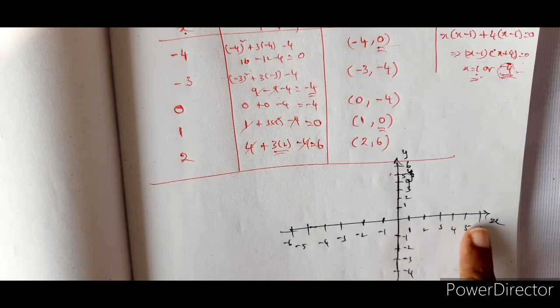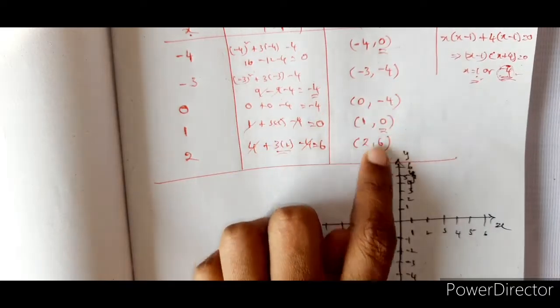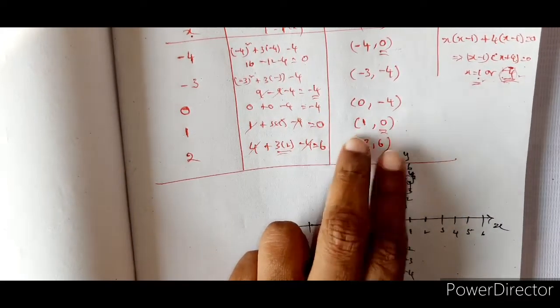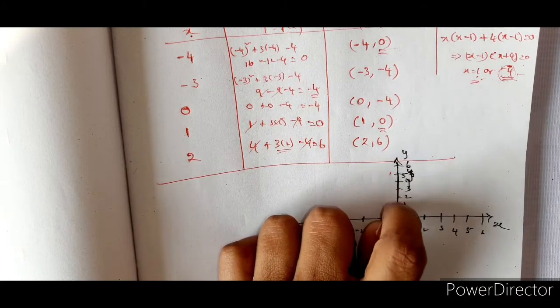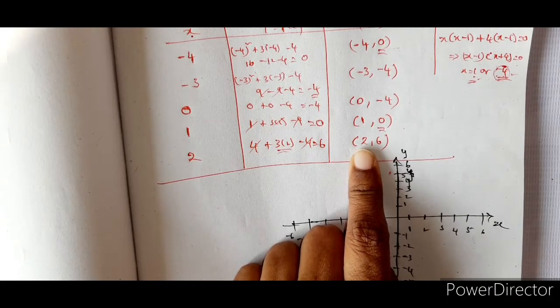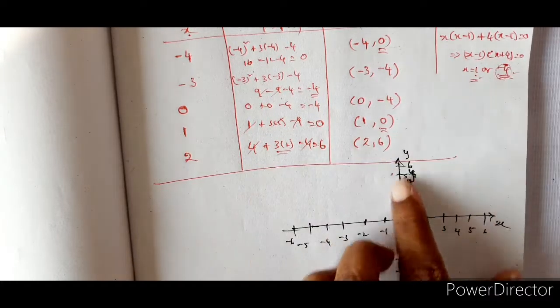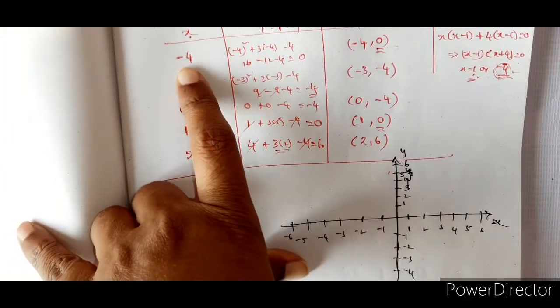Right. How did I take the scale? Depending on how the values are varying. The values I am getting are all integers only. With plus and minus, the variation is till 6 along positive y-axis as the highest value, and on positive x-axis 2 is the highest value. So like that I will see and I will divide my scale.